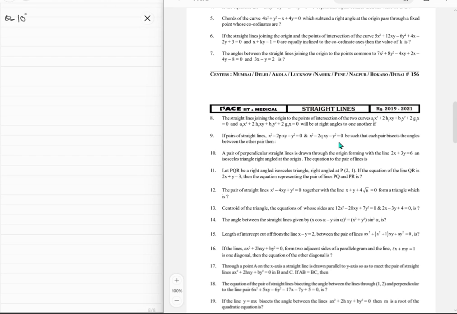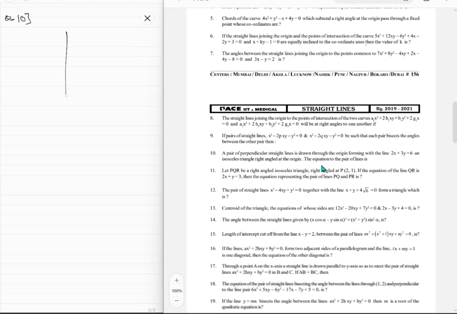Question number 10. A pair of perpendicular straight lines drawn through the origin, forming with this line an isosceles right triangle, with the right angle at the origin. Okay. Isosceles right angle. I have seen this kind of question once, I think. The equation to the pair of lines is, so yeah, you just need to figure out what this distance is and stuff. And wait a second,